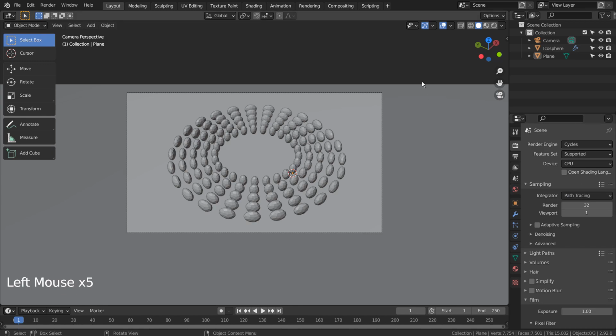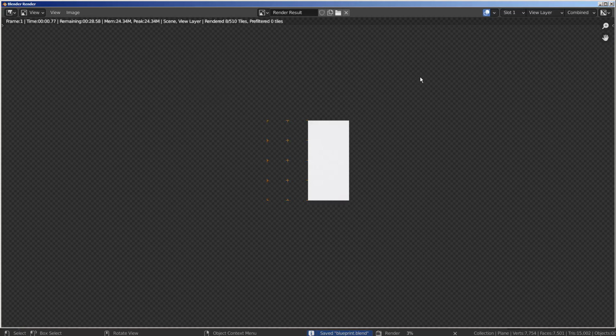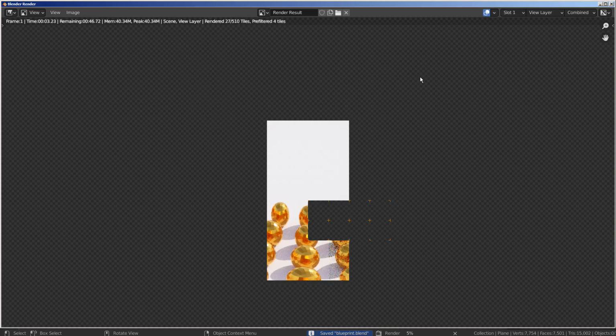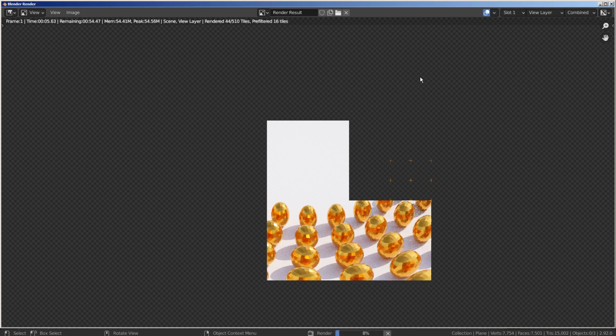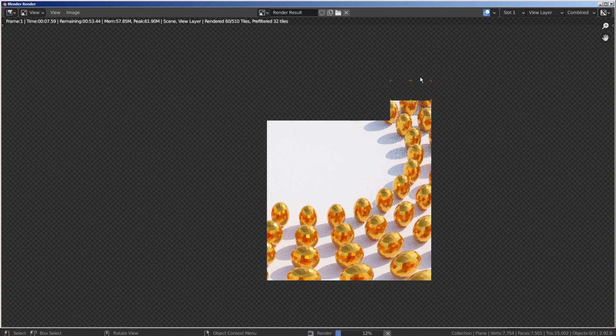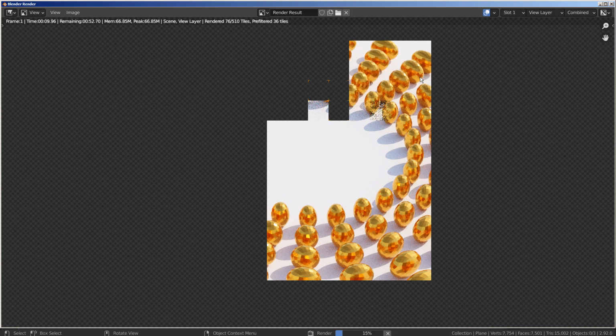I'll also use 32 samples to render. I'll change the ground material.